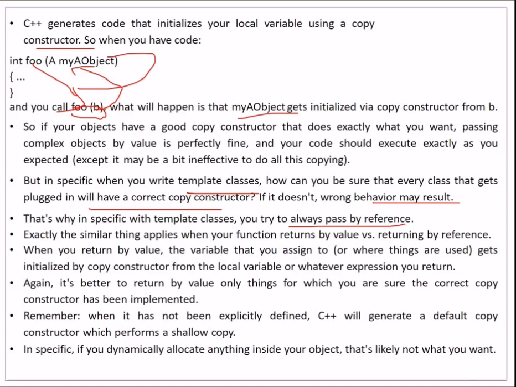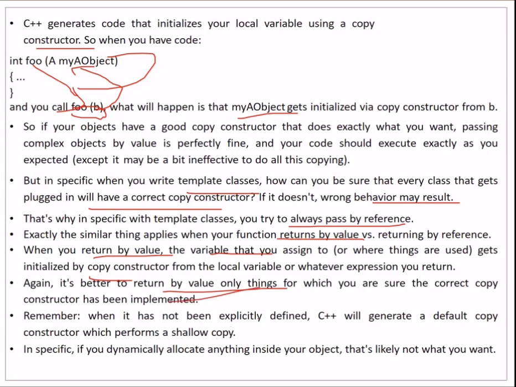Exactly the same thing happens when you have your function return by value or return by reference. When you return by value, the variable that you assign to gets initialized by a copy constructor from the local variable or whatever expression you return. Again, it's better to return by value only things for which you are sure the correct copy constructor has been implemented.